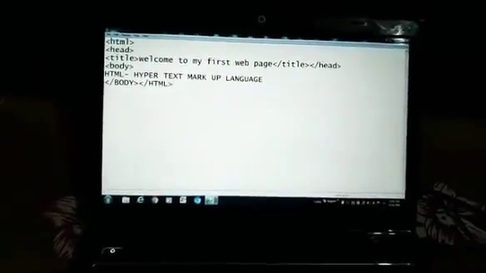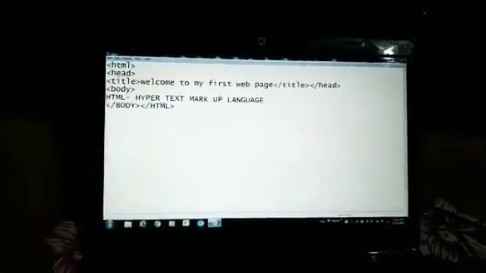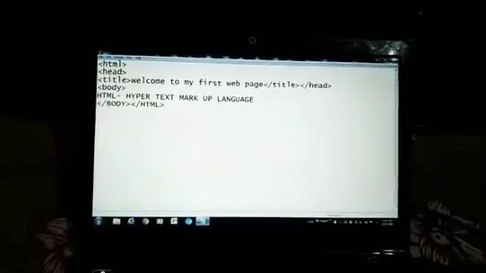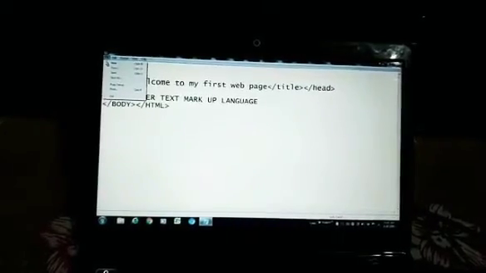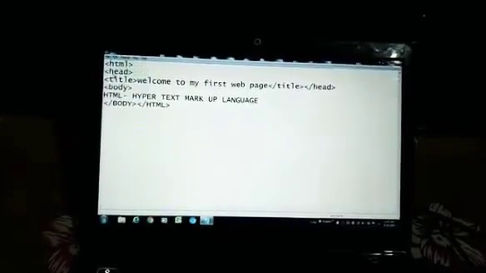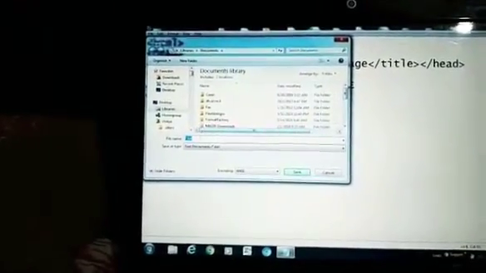Okay, now we will learn how to save the program. First of all, we have to save this. Click on the file option, or you can press Ctrl+S. Choose the save option. This dialog box will come. From this dialog box, you first have to type the file name of your tag file. Press the delete button, then type the name.